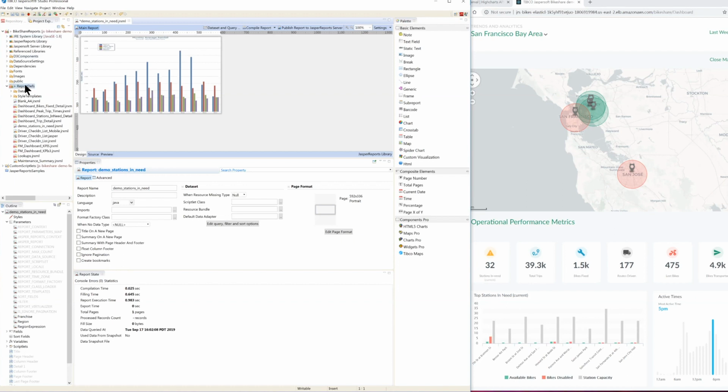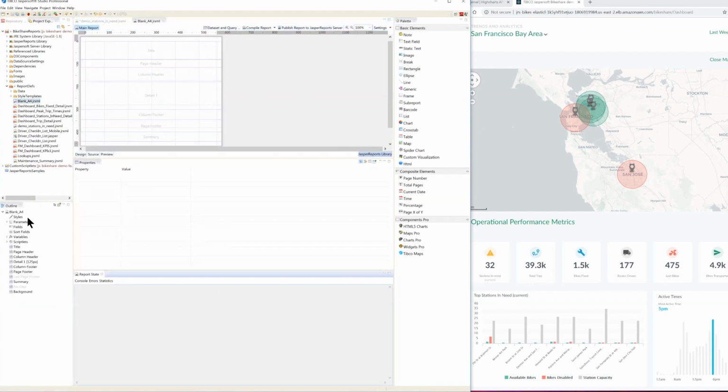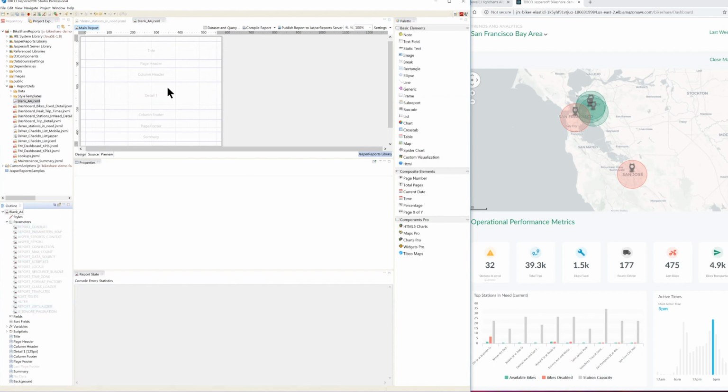And let's just go ahead and take this one, the blank A4. Let's do that really quick. So right now, the only parameters available on this report are just the built-in ones. And we're going to create this as a new report that gets embedded onto this dashboard. So it's going to need all the same parameters. So if you click on Window and Preferences,